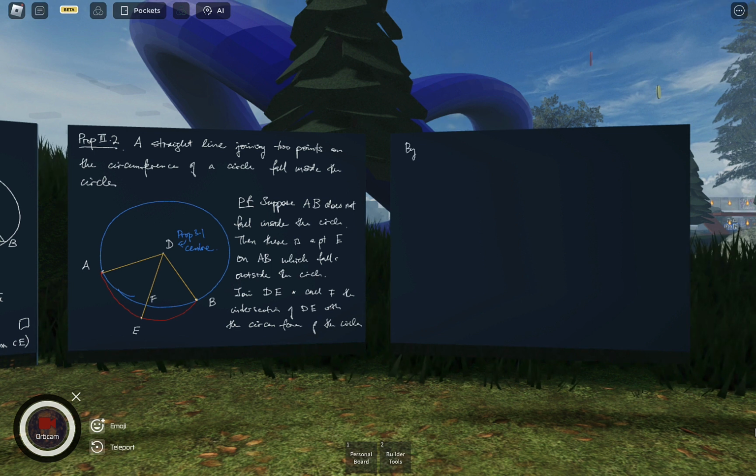So by Proposition 1.5, I think that proposition is the one that tells you that a triangle with two sides being equal has the two angles opposite these sides also equal, right? So essentially, this is the isosceles triangle proposition, right? Since